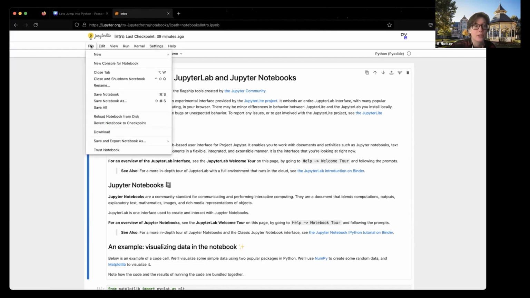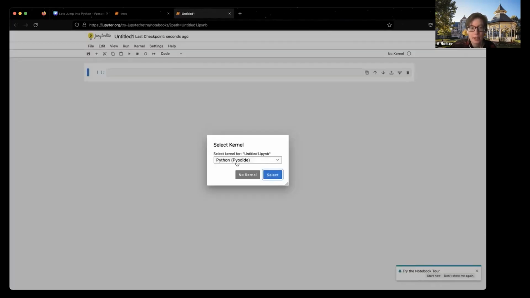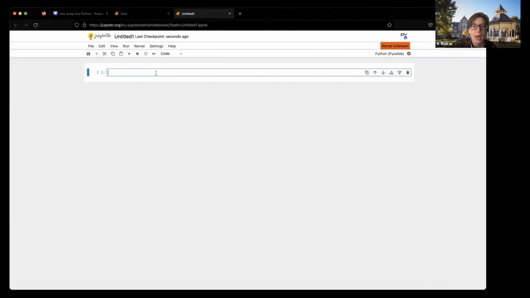And so in order to start our coding journey, I'm going to go New, then Notebook, and it's going to ask me what kernel, and I want to code in Python. So I'm going to select that, and I'm going to click out of the welcome tours, and hopefully this works. It may not, in which case I have backup plans, but I'm going to try to write in Markdown, and I'm going to say,